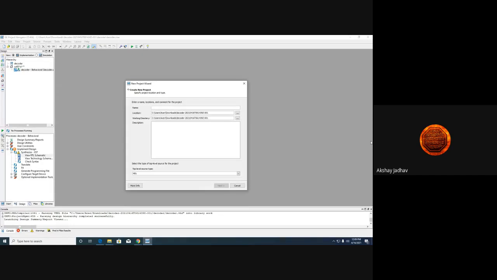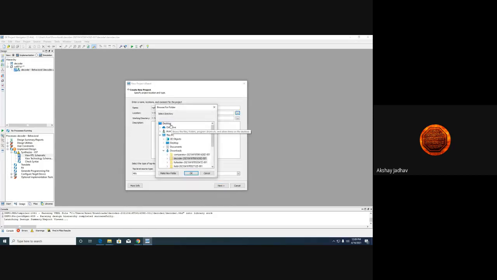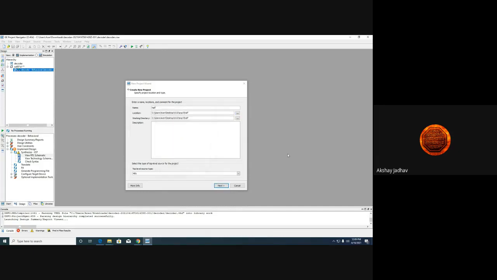Now what do you want to create? Let's say a simple half adder you want to create. So I have given the name as half adder. But I also want to change the location. So I selected the desktop folder, and over there I have created a VLSI folder, and in that I am going to make a new folder, experiment number 3, but it is the first one. You can see the path has been shown over here, and the top level source type that we are using is hardware description language.